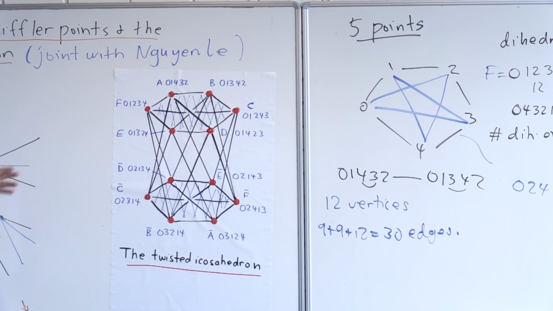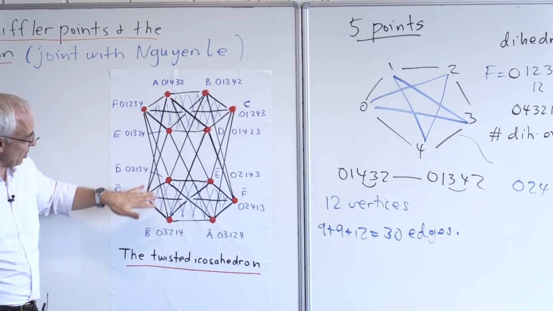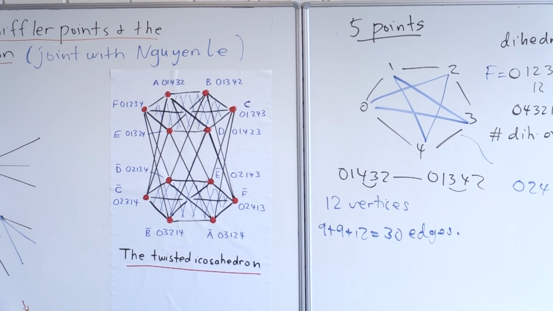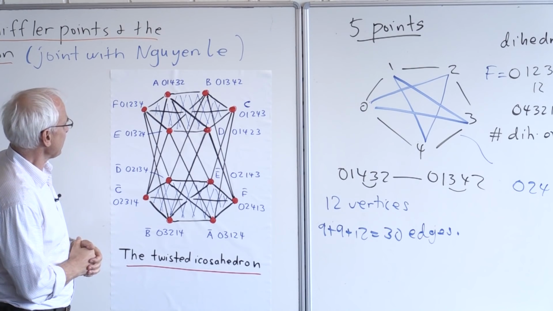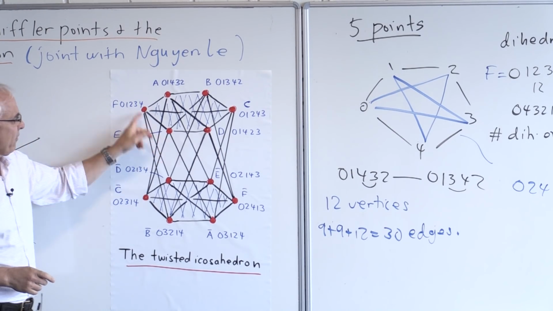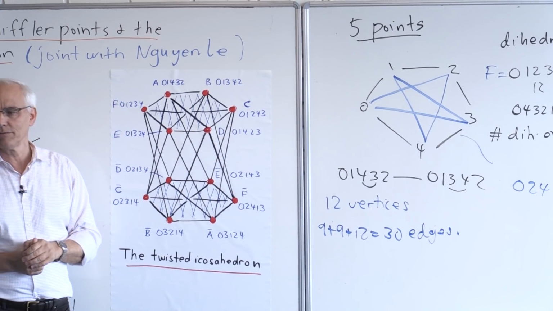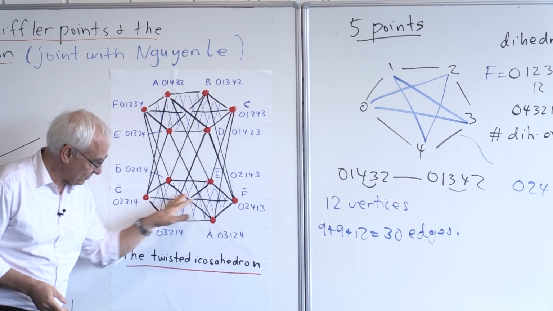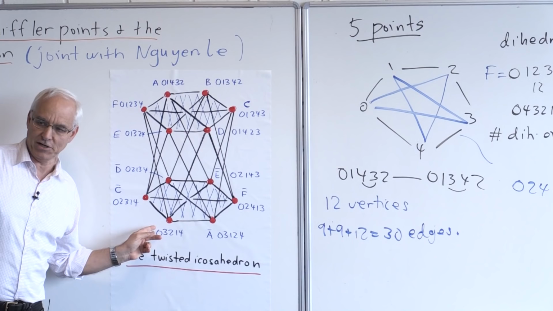But I've given you a little bit of an indication as to what one might consider a face by sort of shading this top and the bottom parts. These are these hexagons. And if we look at this hexagon for a second, this hexagon is characterized by all of the vertices having 0, 1 somewhere as an adjacent pair. And this opposite vertex, opposite sort of face, is characterized by having 0, 1 as not adjacent.